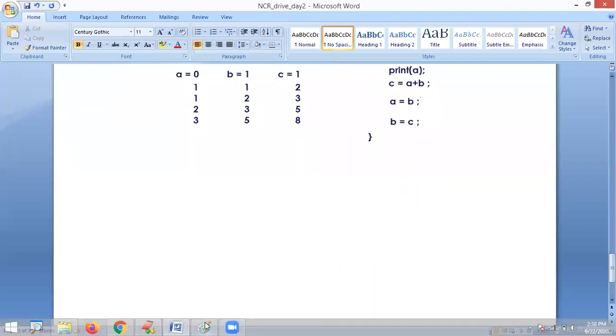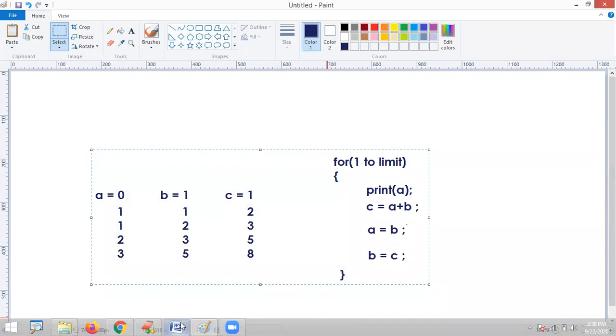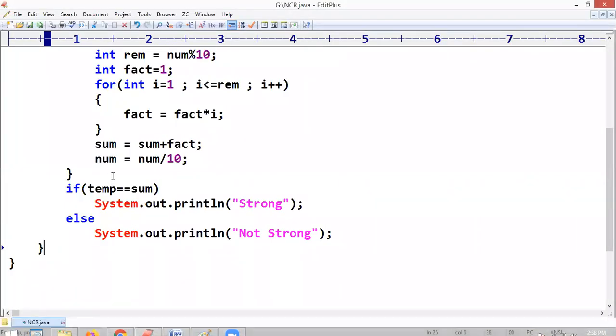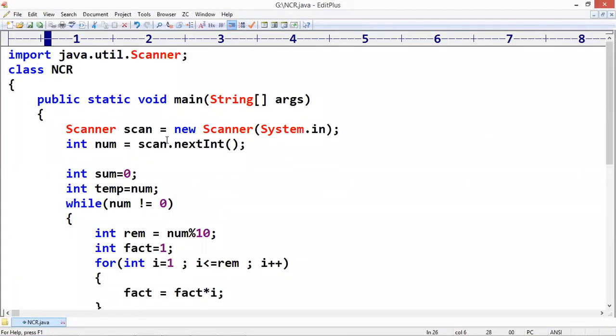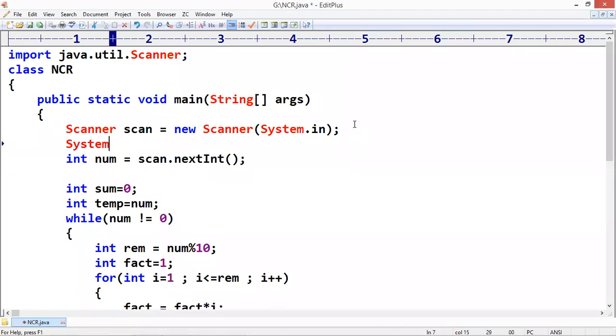Okay, now the same here. Enter limit. We just ask, enter limit, or nothing but how many terms are required in the series. We are just taking that limit.